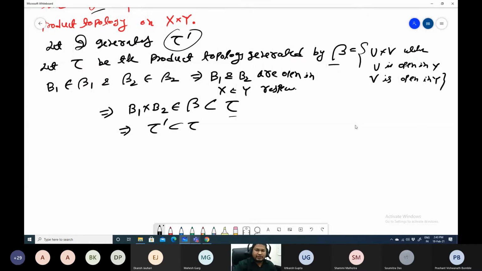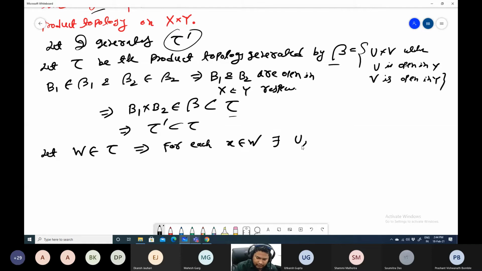And the converse part is also simple. Now you need to prove that tau is a subset of tau dash. First of all, let us take any basis element, say W belongs to tau. So take any open set. We need to show that W belongs to tau dash. Or you can take a basis element here. Anyway, we can prove that one as well. Now that implies, by the definition, for each X belongs to W,